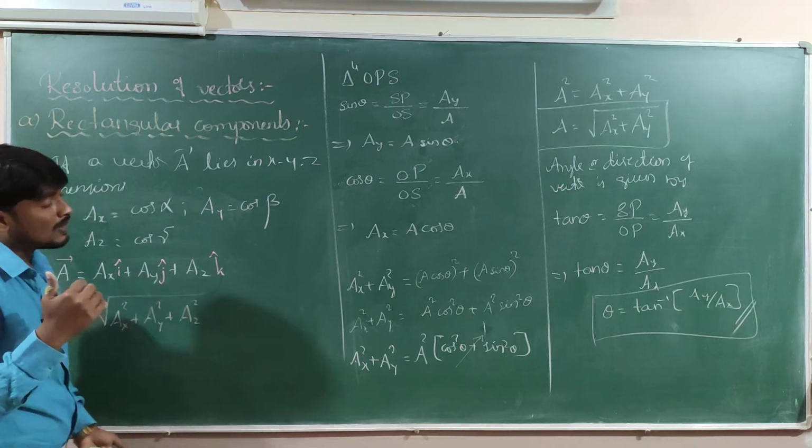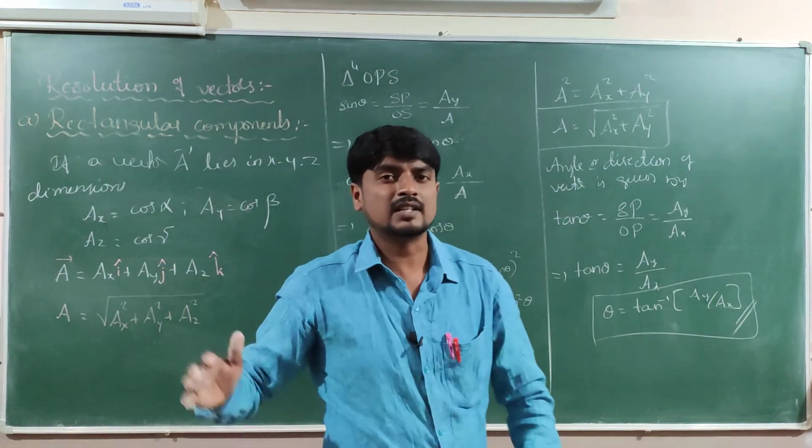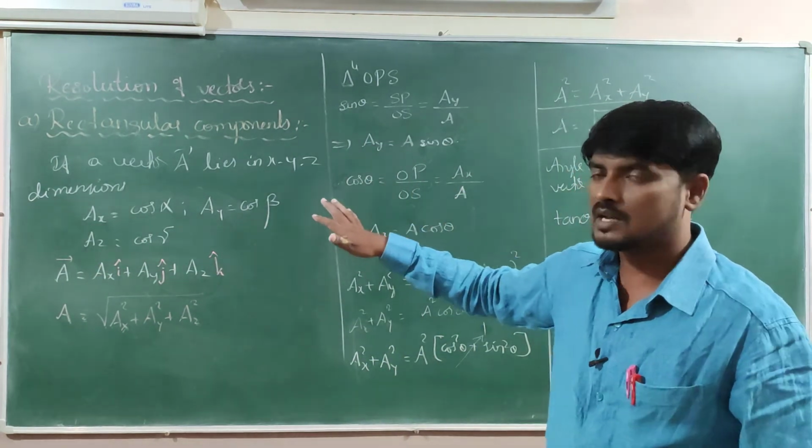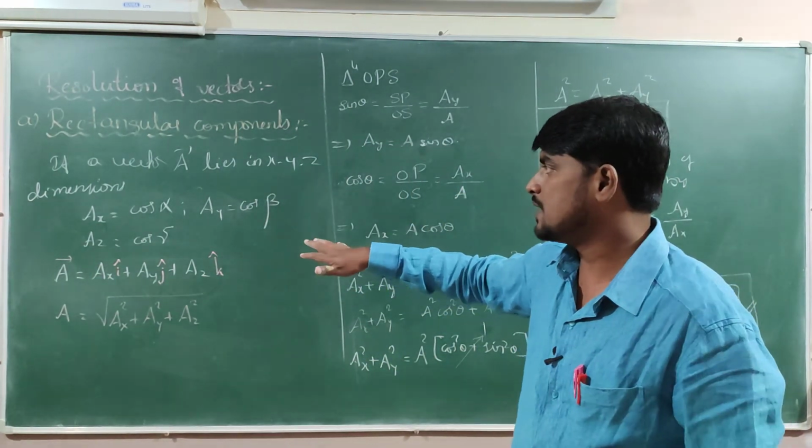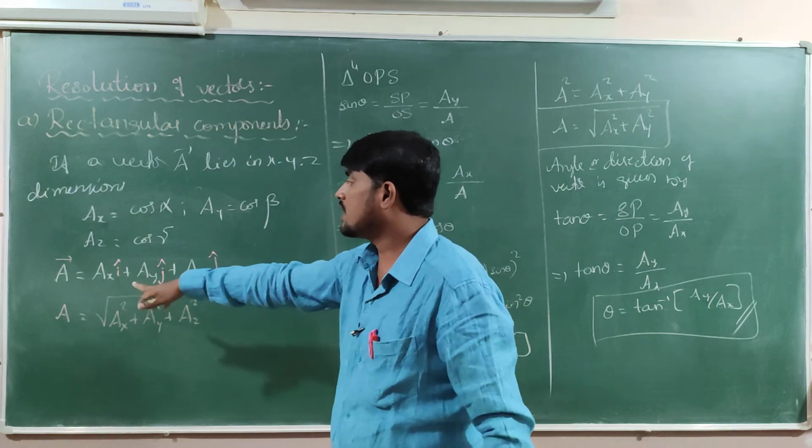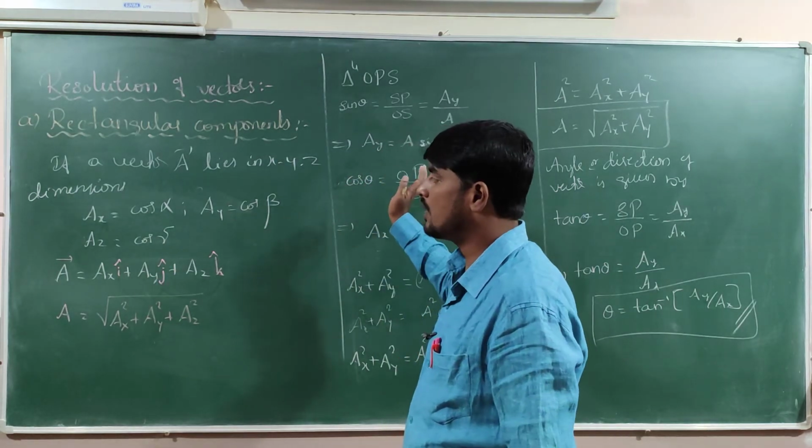So this is one more important dimension. Actually, it is a three-dimensional object, not there in the syllabus. Only for understanding purposes, I am explaining this concept. So now, how to write a vector A? How did I write it there?